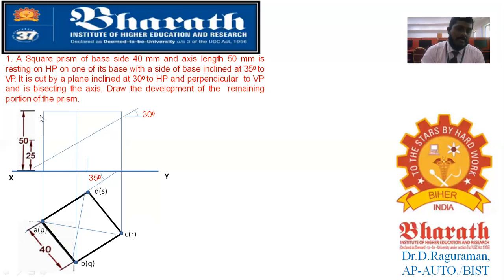So you can mark ABCD on the respective projection at the top surface, and the bottom surface is resting on the ground. Here you are going to mark PQRS on the respective projections, and you connect the diagonals. If you connect the diagonals, you will identify where the center point is. From that, you have to make an axis line. Okay, so now you have the axis.